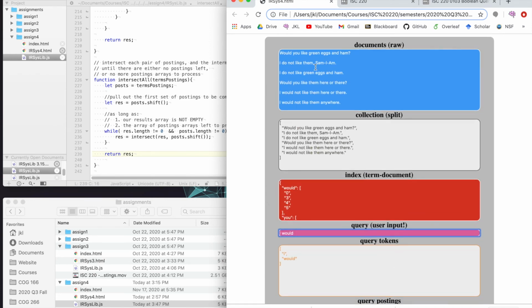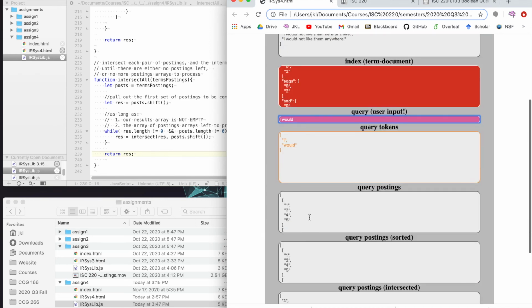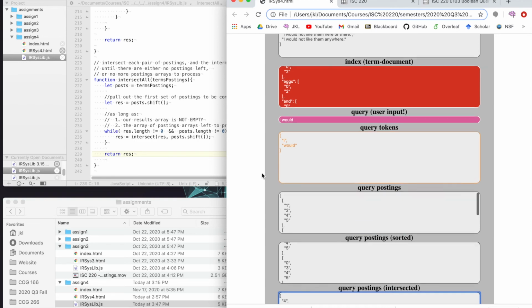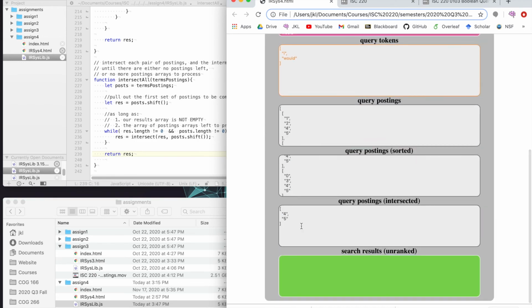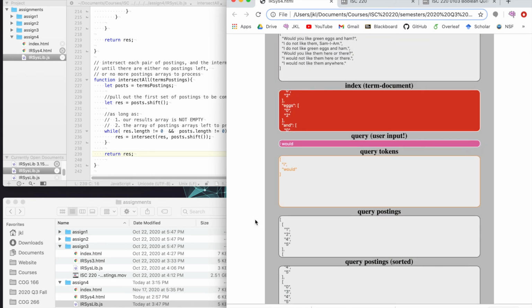Aha. So I appears in several places. I appears in 4 of them. Would appears in 4 of them. But we know that they only appear together in 2 of them. I would not and I would not. 4 and 5. Fantastic. So, what about I would